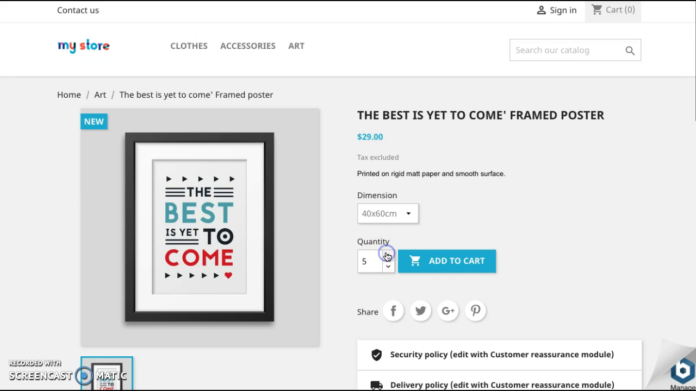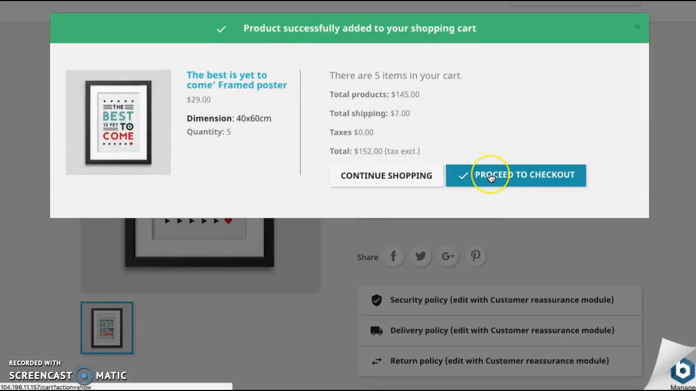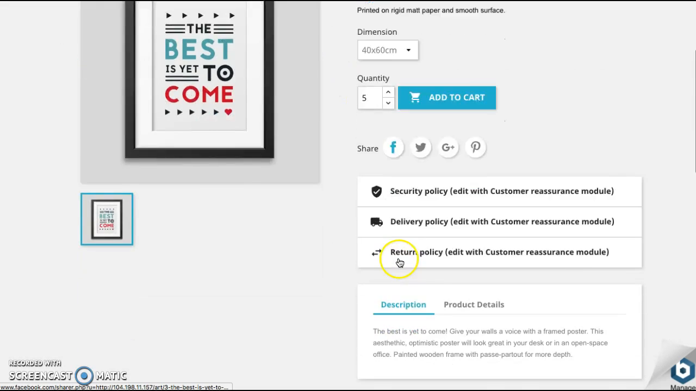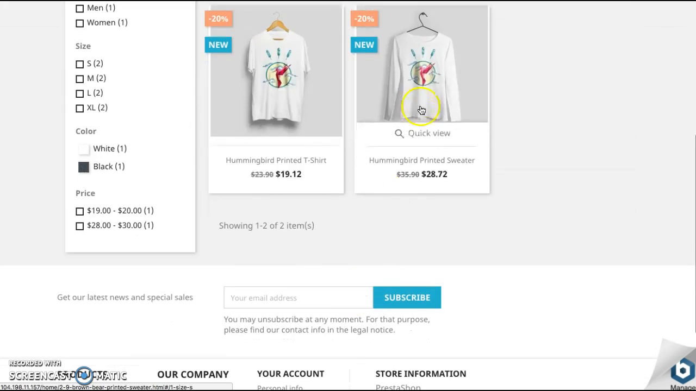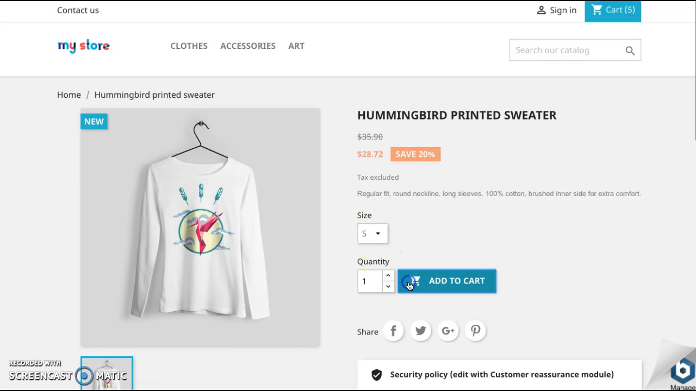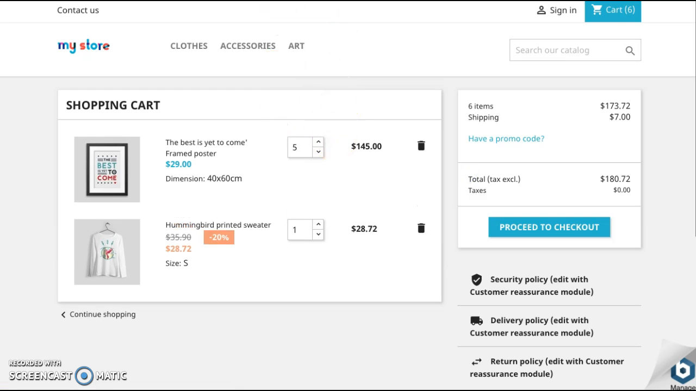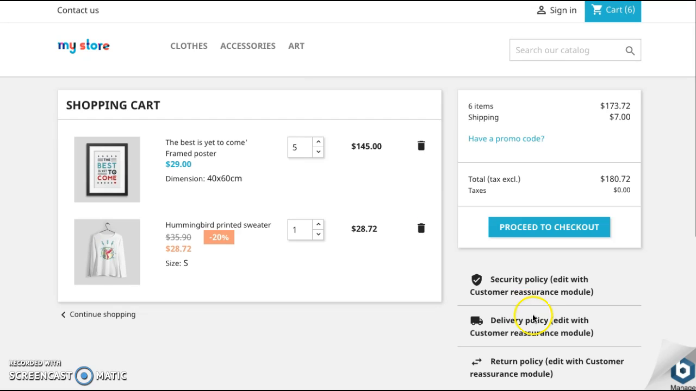just add, let's say 5 of these, add to cart, and then continue shopping, because we still need to make it to the 150 without the taxes. And then we're going to go ahead and add this shirt, add to cart, and then you can see that the total products is 173.72, and because that's over the 150 that we had set for the discount,